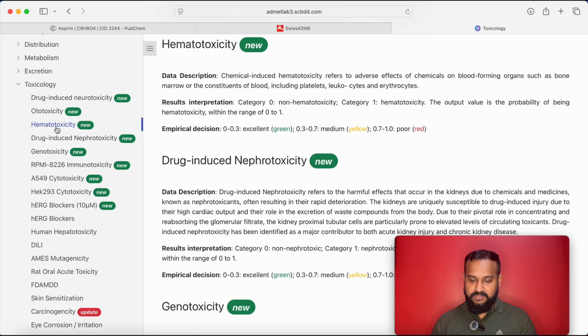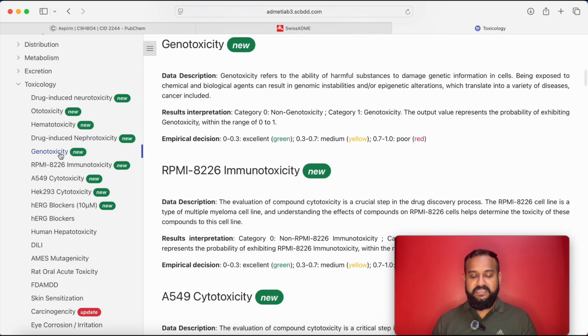Apart from that, hematotoxicity relates to blood, obviously. Hepatotoxicity is different. Hepatotoxicity is for your liver, hemato is for your blood. Genotoxicity is for your genes, genetic based toxicity. And here you can see result interpretation, how to interpret the results, what should be your